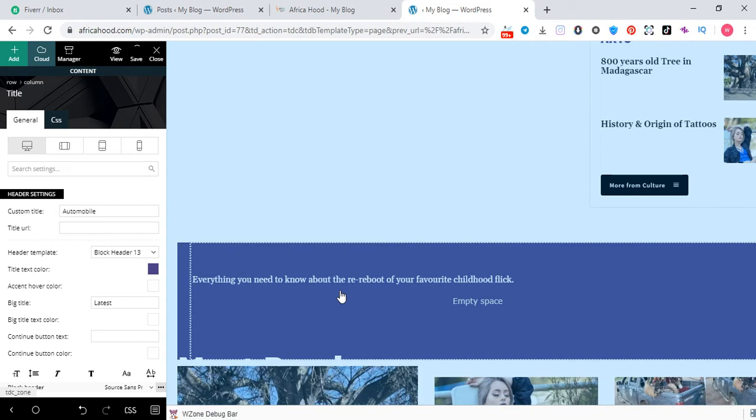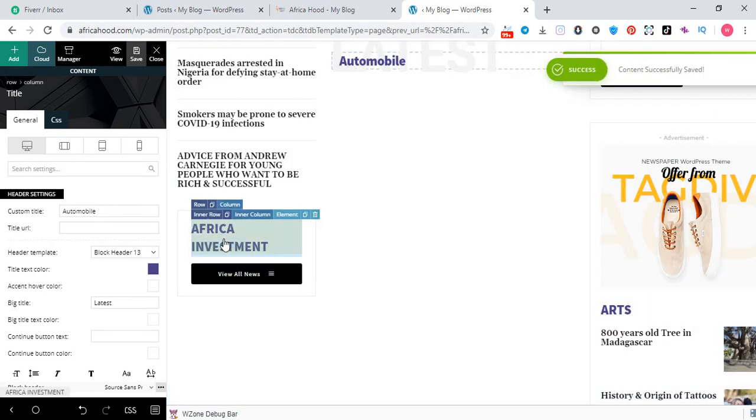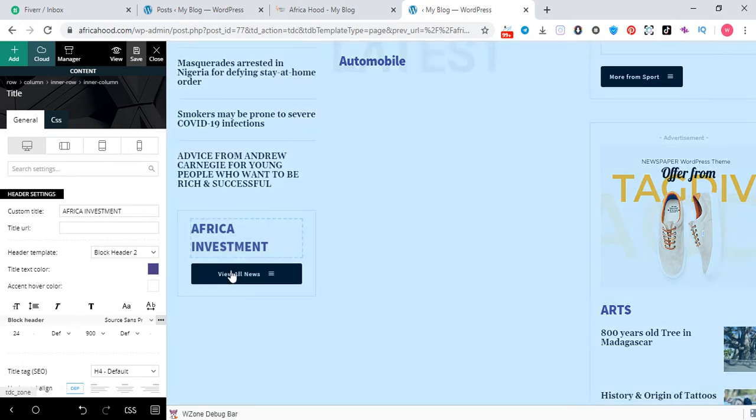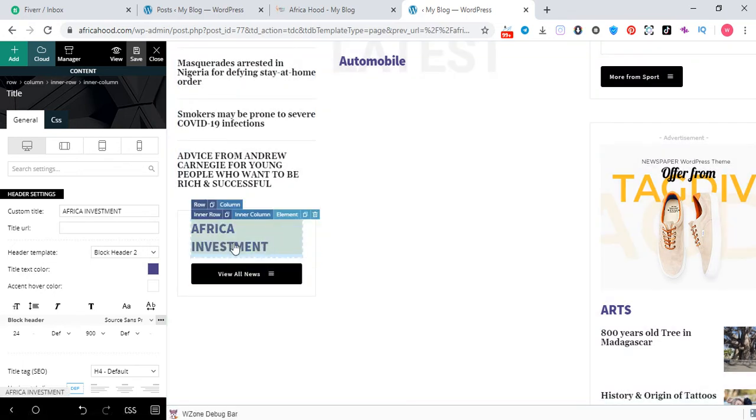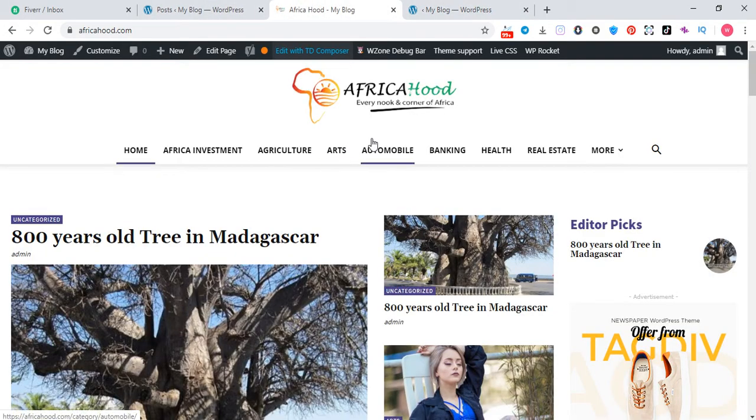So here is the element, African investment, so we can change it, we can use it for health, agriculture, equipment, electronics.